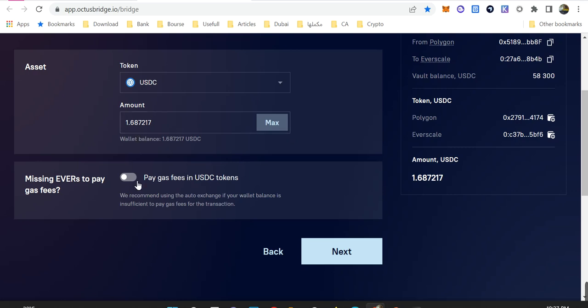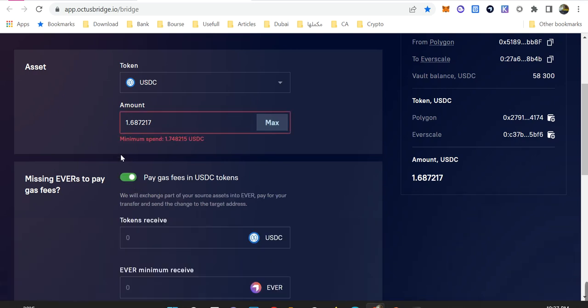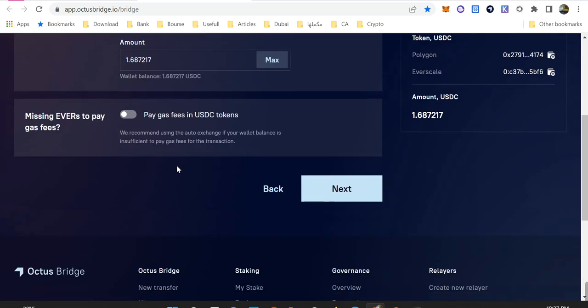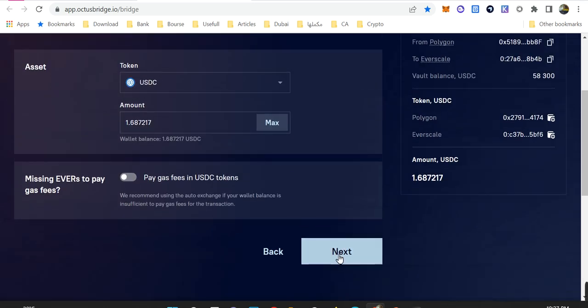You can use this button, and the amount of the gas fee will be paid from the token you first choose. Because I don't have enough USDC, I will turn off this button. Okay, and next,